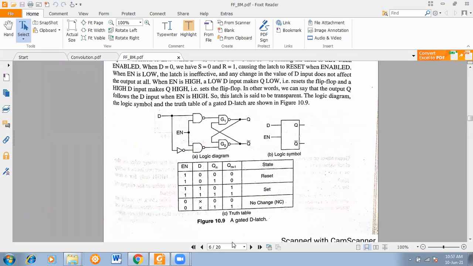Okay. So right now I move to the D latch, that is the D flip flop. So SR flip flop is completed. Now we'll move to the D flip flop. So in the case of D flip flop, we'll see the complemented input. The direct input is added here, and the complemented input is added to the lower NAND gate. So D is here, D bar is here.